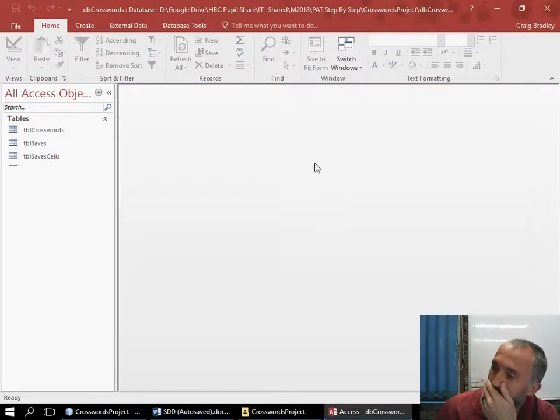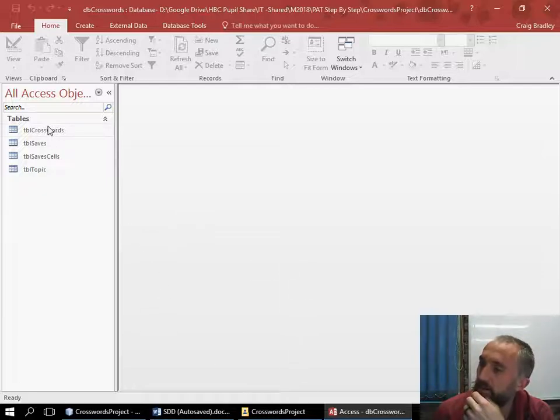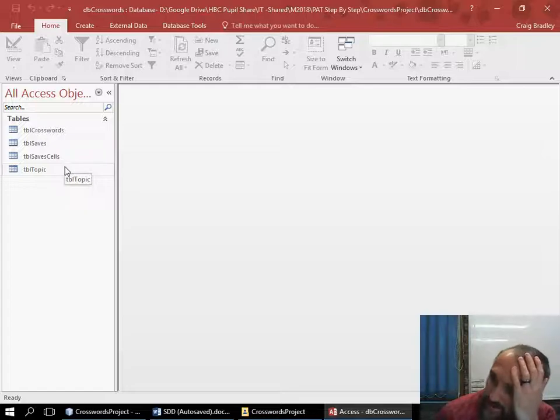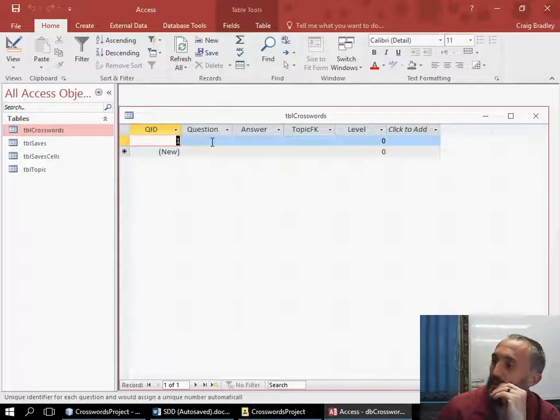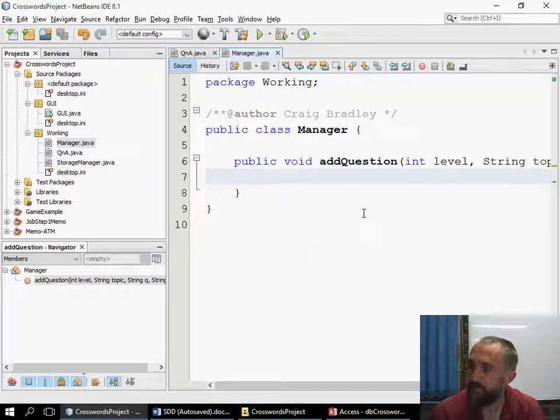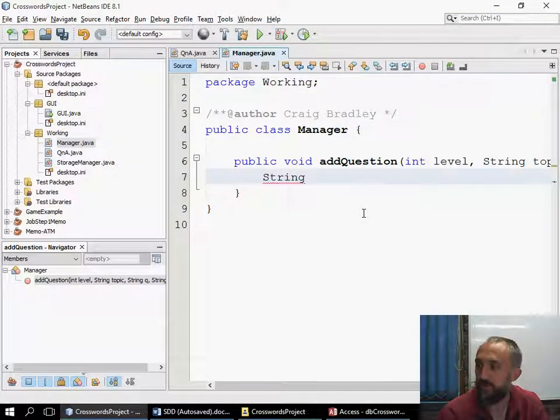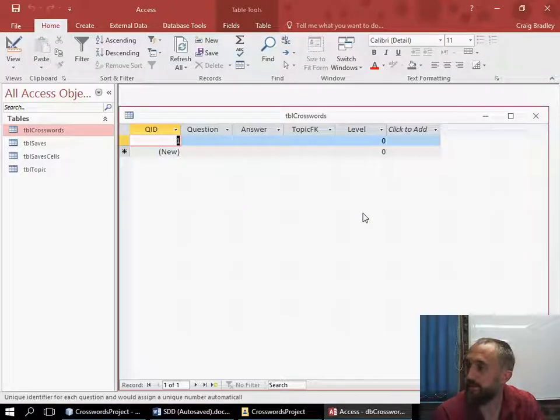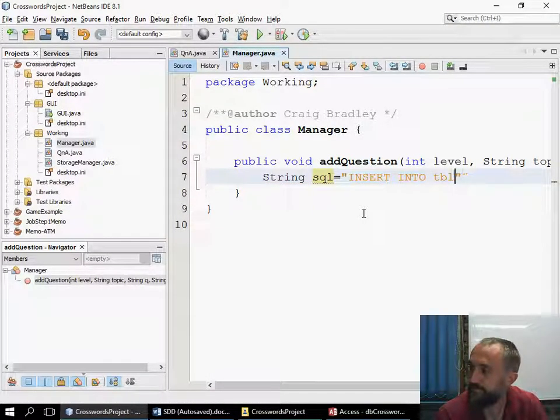Okay, so now we've got the different tables: the crosswords, the saves, the save cells, the topic. So TBL crossword has my question, answer, topic, and level. Those are the fields that we want to work with. When we want to generate our SQL statement, the first thing you would do is create your SQL statement, and you would say it is equal to insert into the table name TBL crosswords,